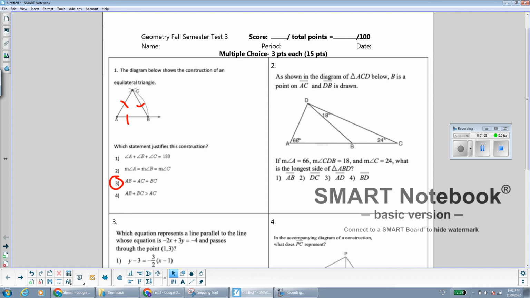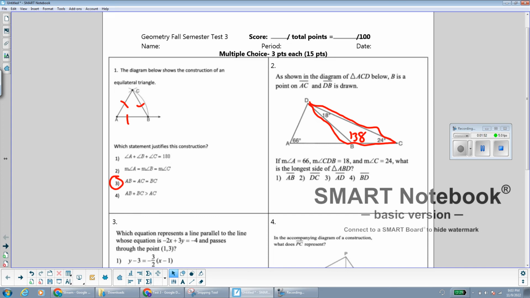We know that this is 66, this is 18 degrees, and this is 24. We need to find the longest side of triangle ABD. So in this triangle over here, I'll highlight it for a second. In this triangle, we know two angles, 18 and 24. Since all of the angles of a triangle add up to 180 degrees, we can add 18 and 24. We get 42, and we can subtract 42 from 180 to find the measurement of the missing angle, which is